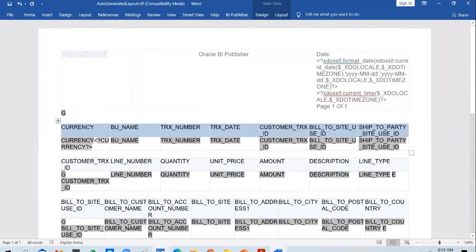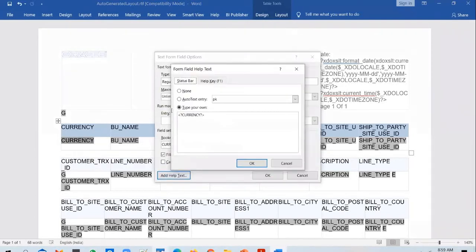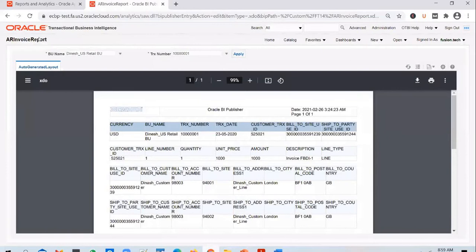And that is exactly what is done by Oracle here. When it generated this layout, under currency it generated an XML tag. If you click on it, what do you see in there? There is a currency XML tag in there. So what will the application do? When you run the report, when you click on apply, this report will go ahead and run the data model. How does the report know what data model it needs to run? If you remember, we created a report by picking up a data model. So this report knows which data model it needs to execute.